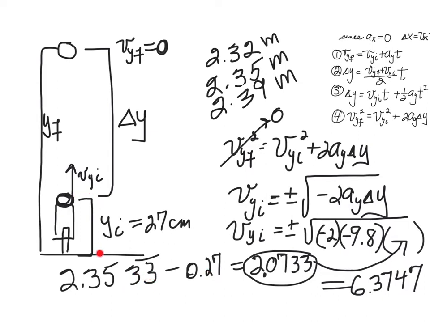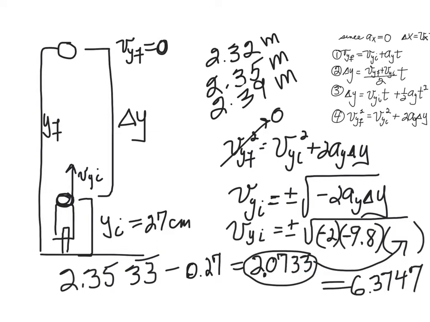And then I had to subtract, right? We measure from the floor. You can't put the meter stick or the tape measure here. It's easier to put it on the floor. So in lab we would measure that. We would measure this. We had to subtract the 27 centimeters, which is 0.27 meters. I left the units off, and I get 2.0733